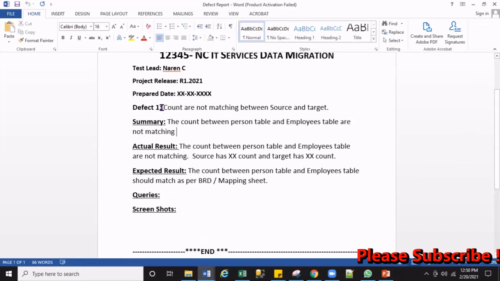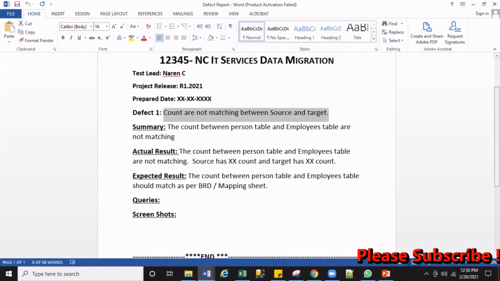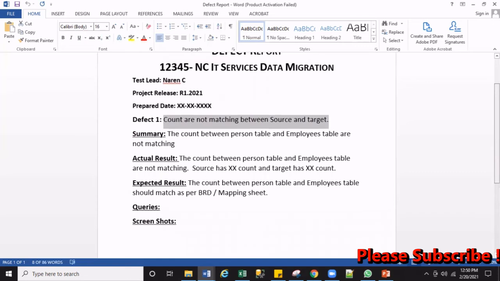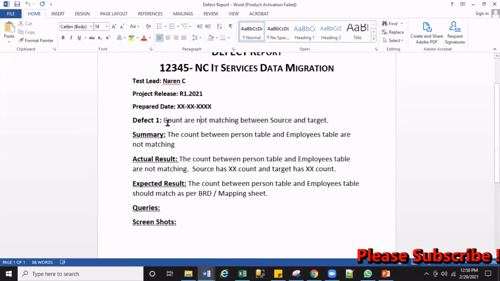Then I put defect ID 1, and I say counts are not matching between source and target. This is my defect heading. My defect heading is my problem, you can say problem, or you can say issue, or you can say defect, right? So first step saying my counts are not matching between source and target, right?